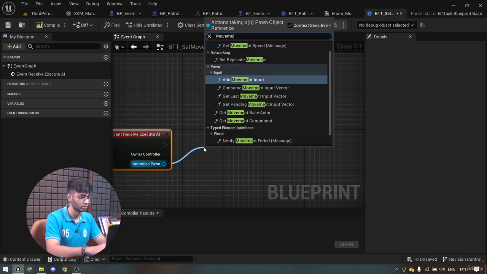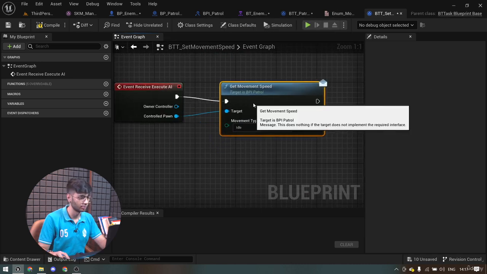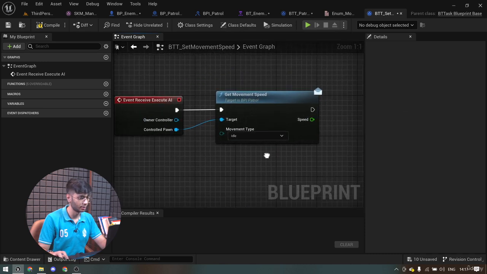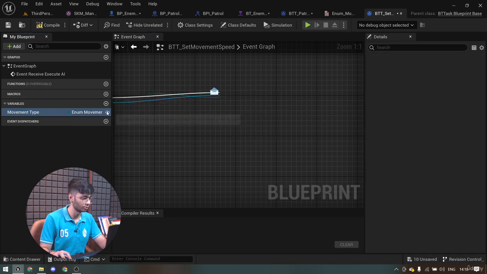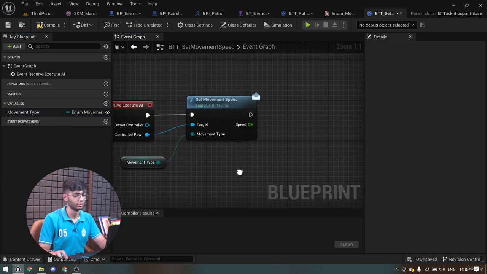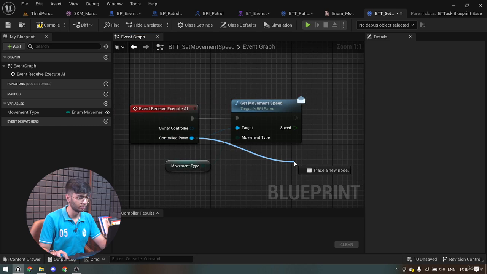So I'm going to call get movement speed, and here I'm just going to promote this as a variable. I'm going to set it as movement type, and I'm going to expose it so that we can set it from our behavior tree. And then we have the speed. We are going to get our control pawn, get